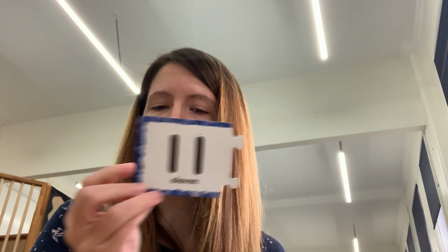Well done everybody. Now let's look at 11 to 20. These are a bit trickier, so today I'm going to help you and then tomorrow you can have a go all by yourself. So we start with 11,